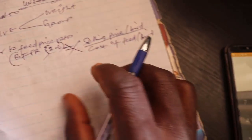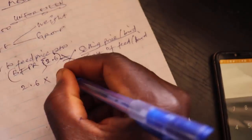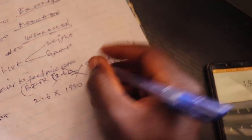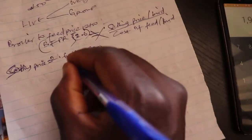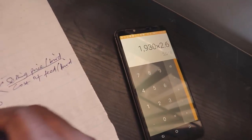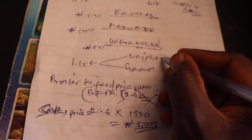So for that reason, we cross multiply and say 2.6 times 1,930. Now we are looking for the selling price. So this will give us 2.6 times 1,930, that is 5,018 naira. Now if you are selling live weight to individuals, this way you use something like this, live weights,